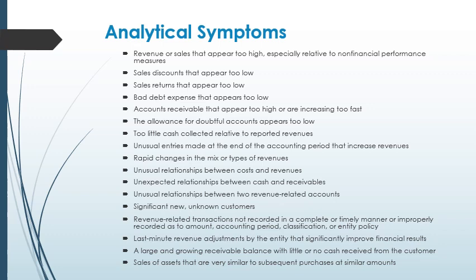For now, we're going to look at these analytical symptoms pertaining to revenue, which include revenue or sales that appear too high, especially relative to non-financial performance measures, sales discounts, sales returns, bad debt expense, or allowance for doubtful accounts that appear to be too low, accounts receivable that is too high or increasing too fast, not enough cash collected compared to revenues, unusual entries at the end of the accounting period that increase revenues, rapid changes in the mix or types of revenues, unusual relationships between cost revenues, cash and receivables, or between two revenue-related accounts, and significant new